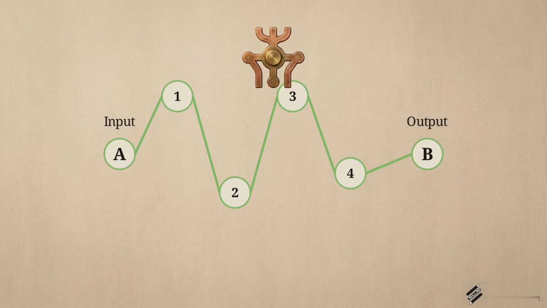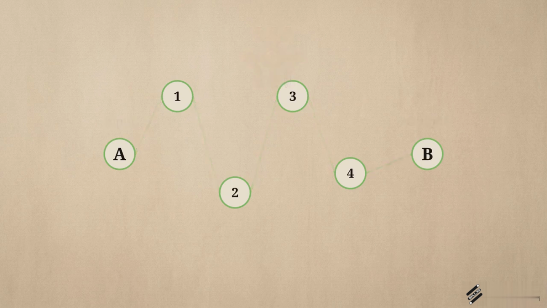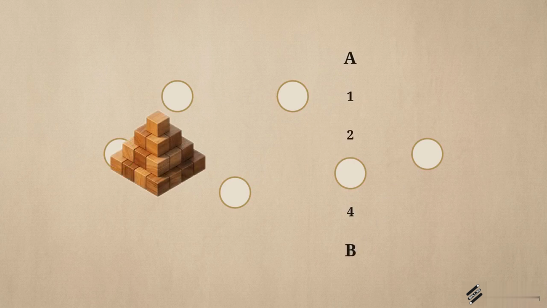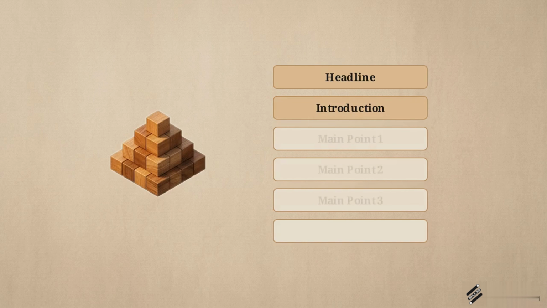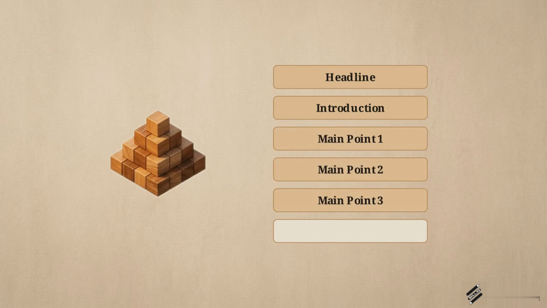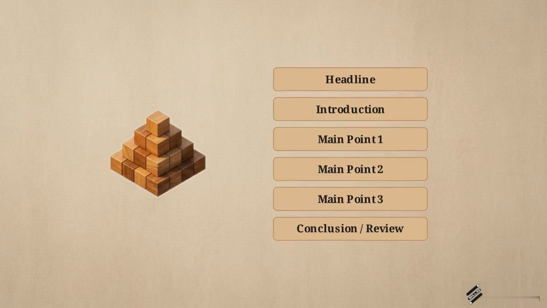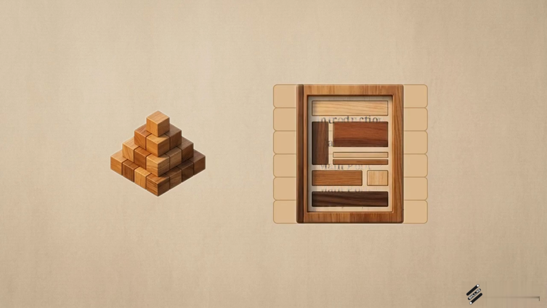When you need to control the production of a task, you use pattern 4, step-by-step instructions. This differs from reasoning. It is about decomposing the actual creation process into distinct, actionable stages. If you are drafting a blog post, you don't just ask for the article. You direct the AI to draft the headline first, then the intro, then the 3 main points, and finally a concluding review. This ensures the model covers all necessary ground systematically.